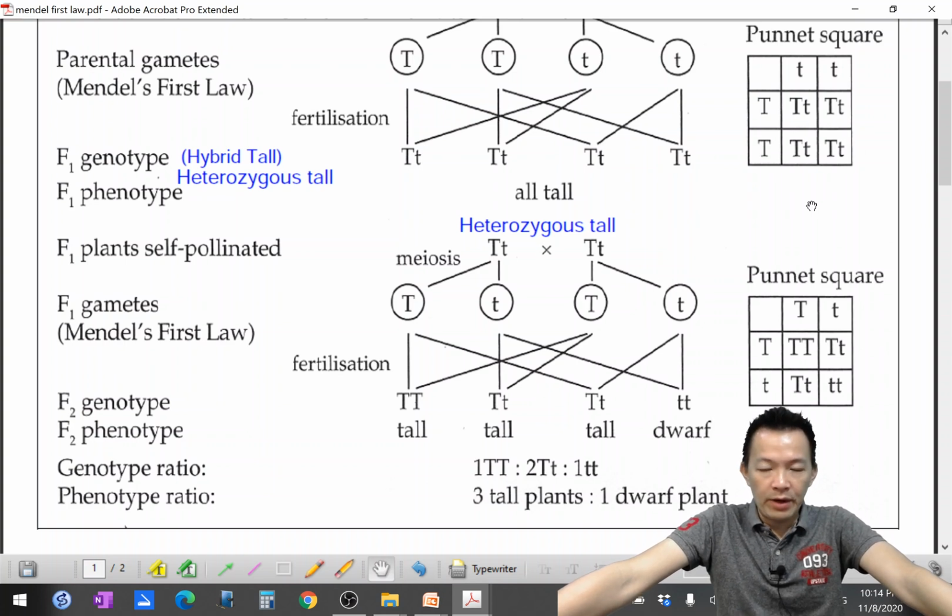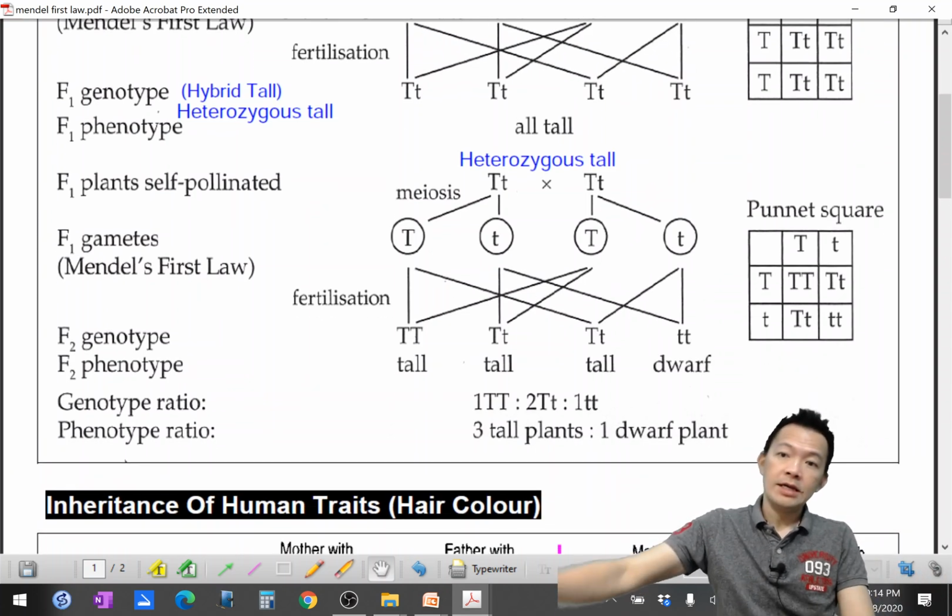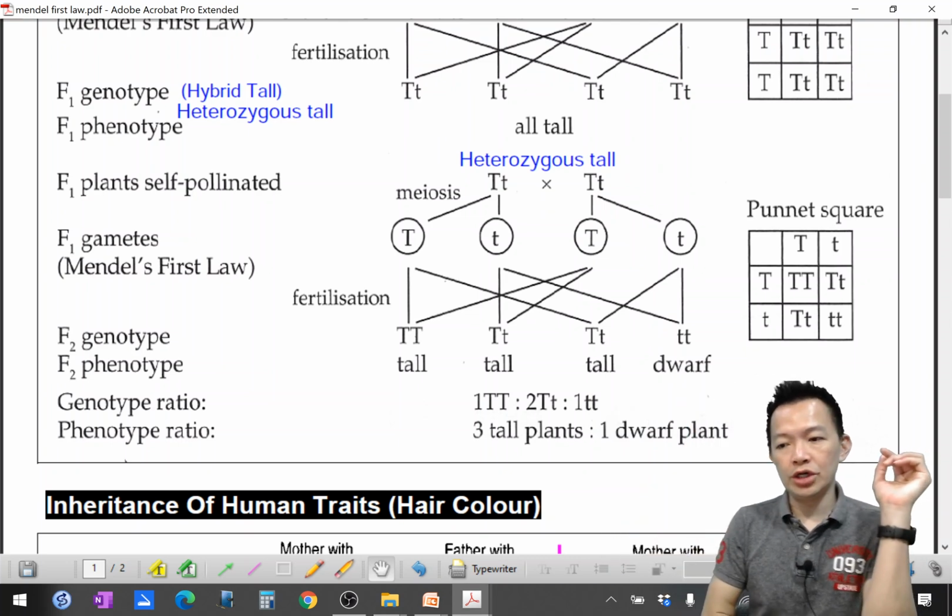Any problem? If you're having problem, please repeat，然后想一下哈，这种东西要想一下的，遗传有这样简单就好了。